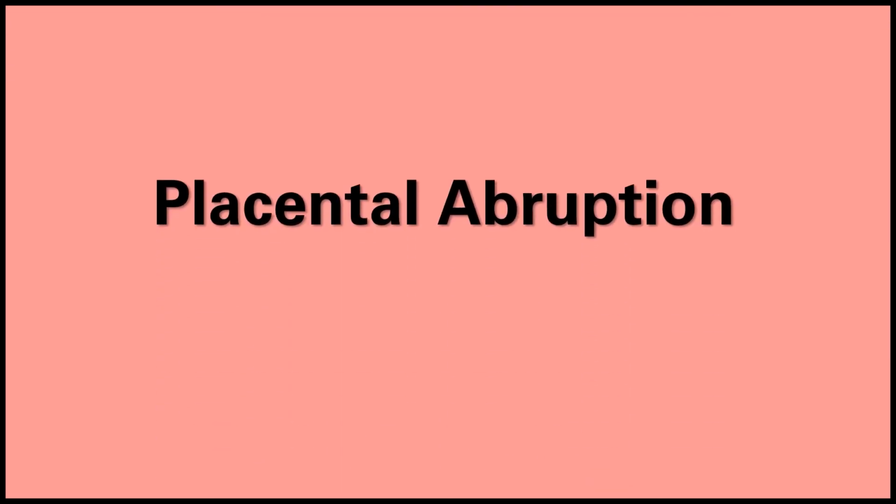Placenta Previa and placental abruption are the two most common causes of third trimester bleeding, so let's go over placental abruption now. It's defined as the premature separation of some or all of the placenta from the uterine wall after 20 weeks, resulting in painful hemorrhage. Placental abruption presents with third trimester bleeding, often dark red, and often severe abdominal pain with